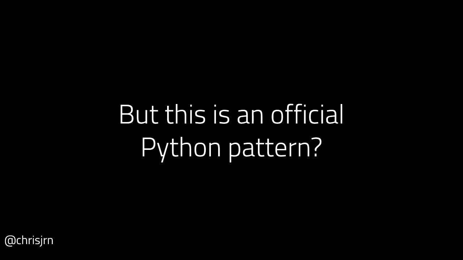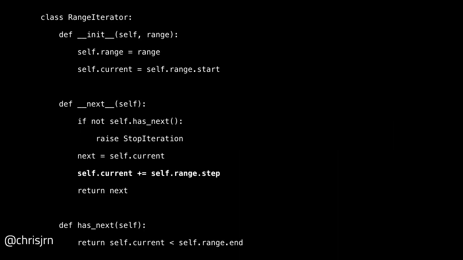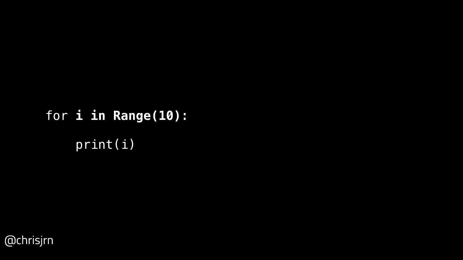And so you might think to yourself, but Chris, is this not an officially supported Python pattern? And I would say yes. But once again, I ask you this question: what are you trying to achieve? Would you like to write an iterator like that yourself? Managing an iterator is actually not that easy because you have to think about what's happening inside a loop, completely outside of the context of the loop itself. So you have to think about what's happening here while your consumer is thinking about what's happening over here.